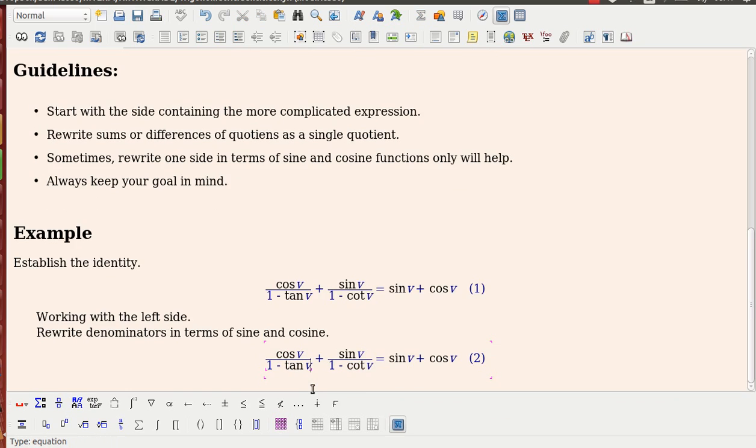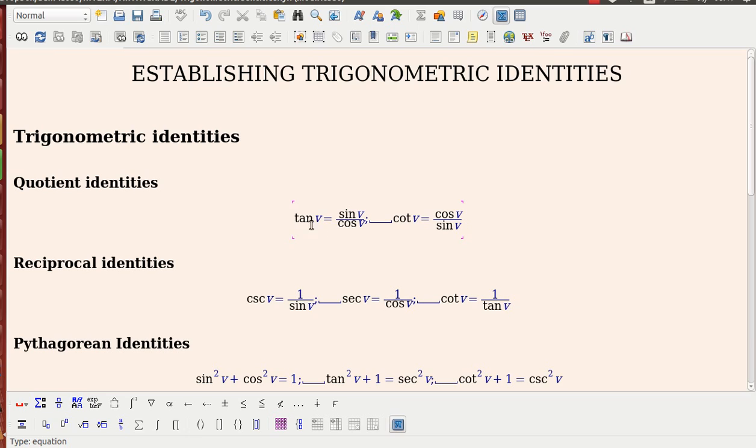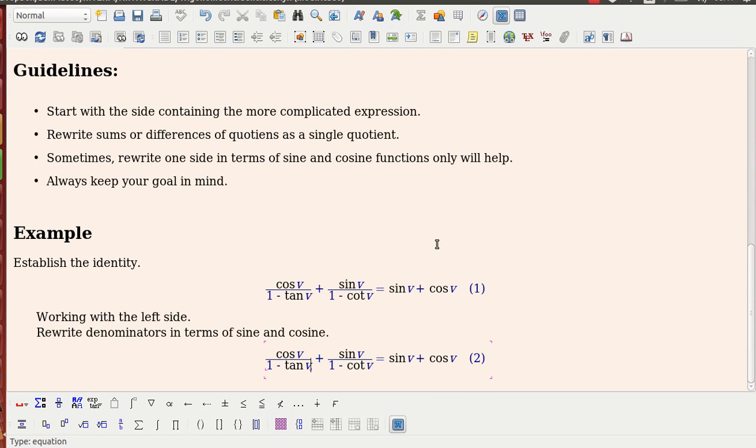Tangent in terms of sine and cosine. Quotient identities: tangent is sine of the angle divided by cosine of the angle. Cotangent is cosine of the angle divided by sine of the angle. So let's transform tangent as